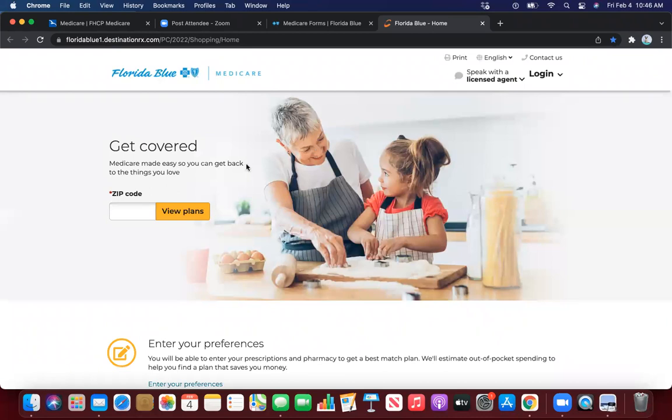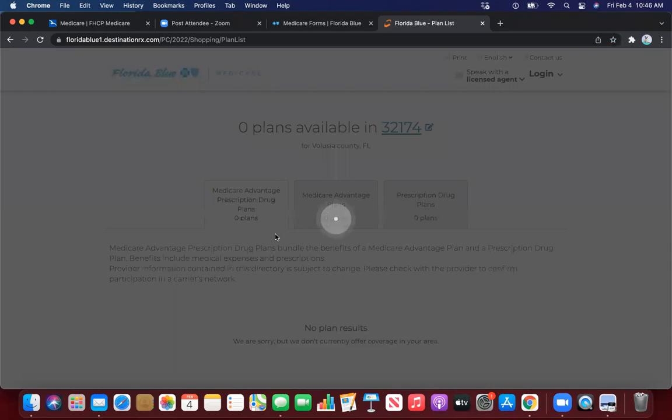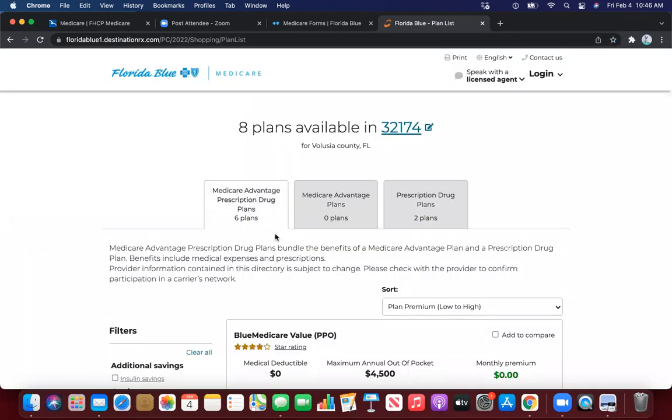All right, so what's nice about this is when you type in the actual zip code, make sure if more than one county populates, you're selecting the appropriate county. And you're going to click on View Plans. And it's going to bring you to all of the plans that are available to our members, Florida Healthcare and